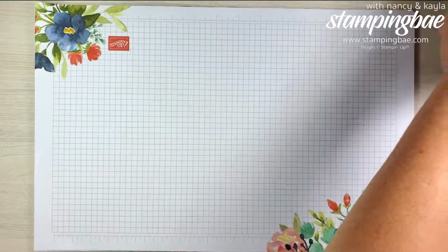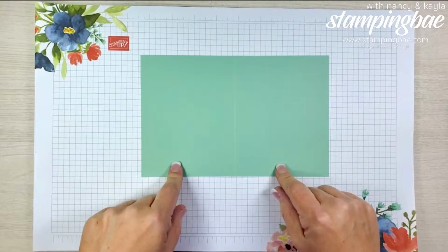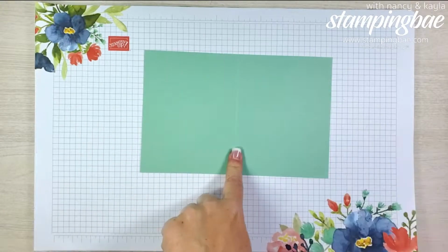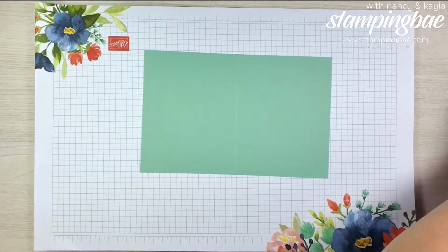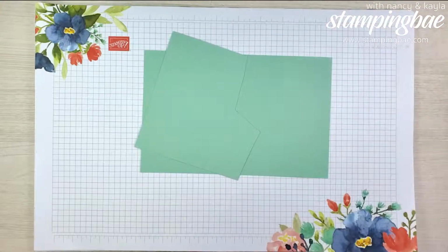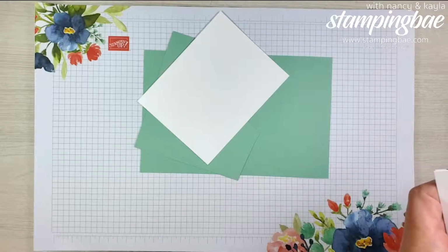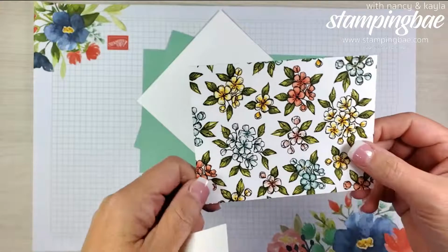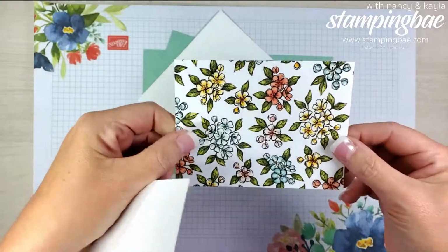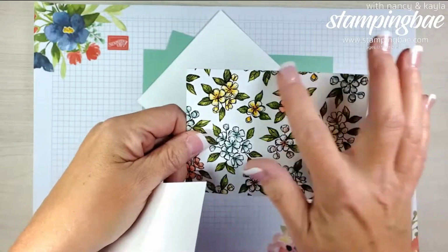And first we're going to need a card base, the Mint Macaron, and it is 8.5 by 5.5, scored at 4 1/4. You're going to need a scrap piece of Mint Macaron, scrap piece of Whisper White. Our DSP, we're going to be using the Bird Ballad Suite, and we need this to measure at 5 inches